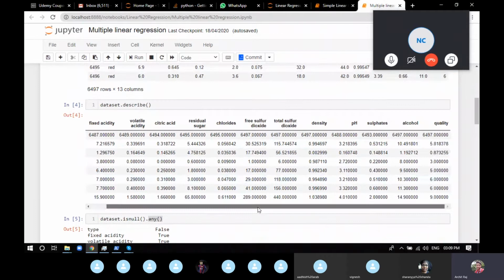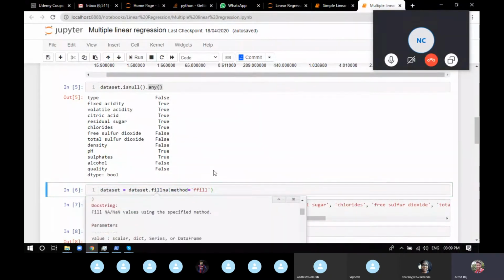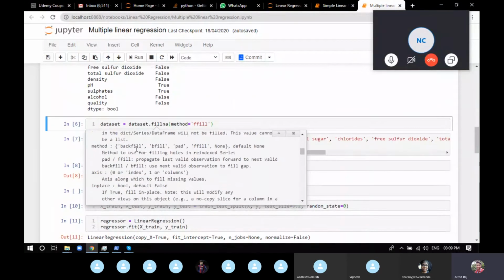So it depends. There's a parameter called method. What will method do? Method takes some values, depending on what you're providing: backfill, bfill, pad, ffill, none. Different ones have different meanings.